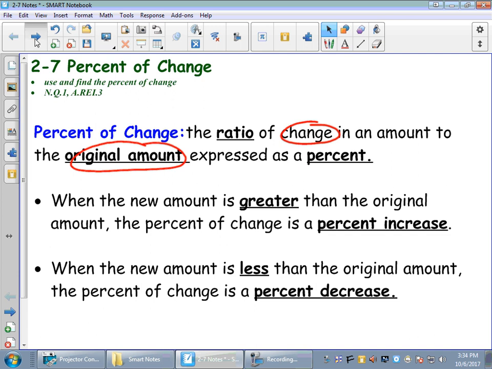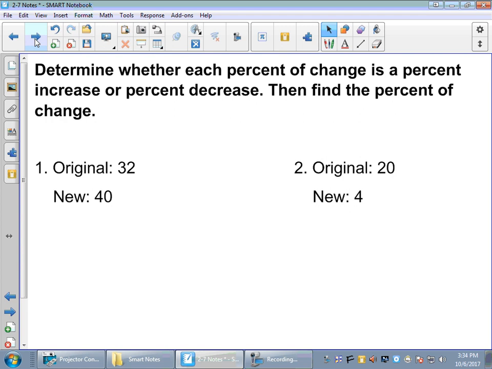So we have a little formula to use here. All you're going to do is write these down. It's not really a formula, but it could be. So percent of change, don't get confused by just putting the original and the new compared together. So it's the amount of change. So you're going to do the new amount, take away the original,